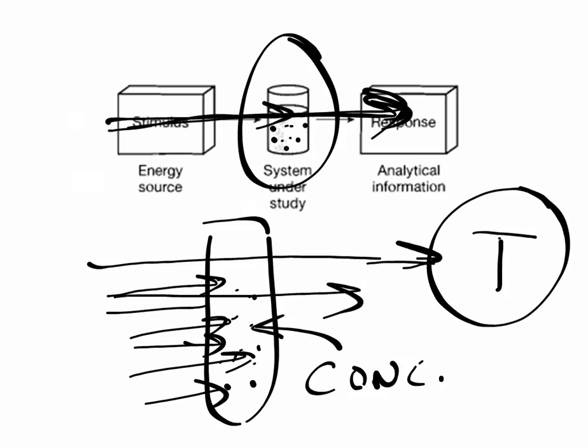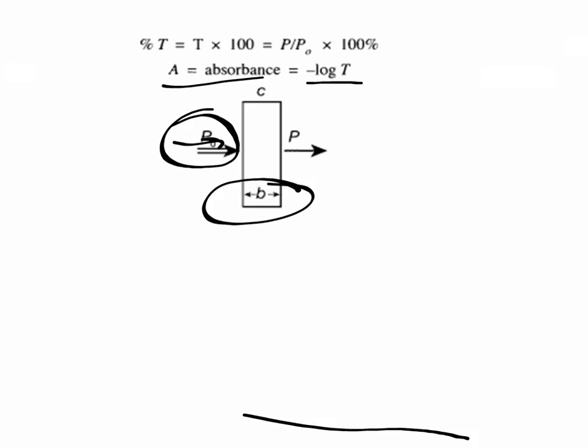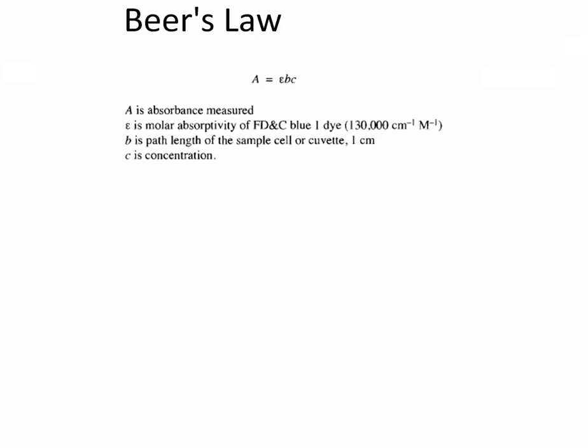Here's an example of the relationship: absorbance is equal to the negative log of T. Our light source right here is firing out some stimulus. B in Beer's law is represented as path length, the distance the light has to travel through the cuvette or the test tube that we're using. And then the concentration is related to the amount of particles in a cuvette. So that's related to Beer's law. Beer's law is a mathematical relationship between absorbance